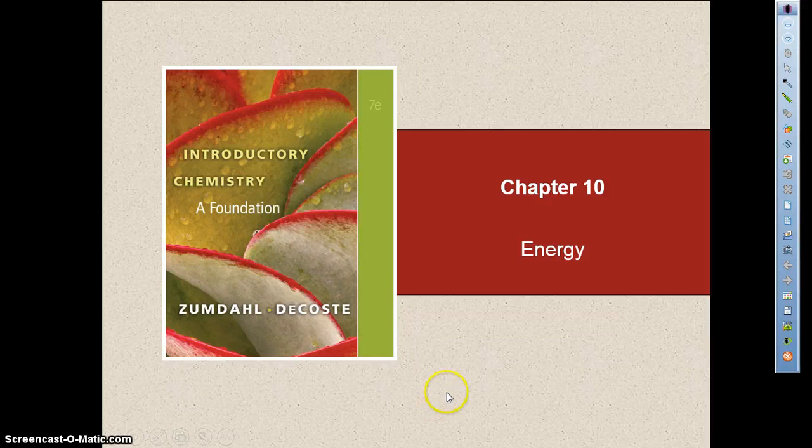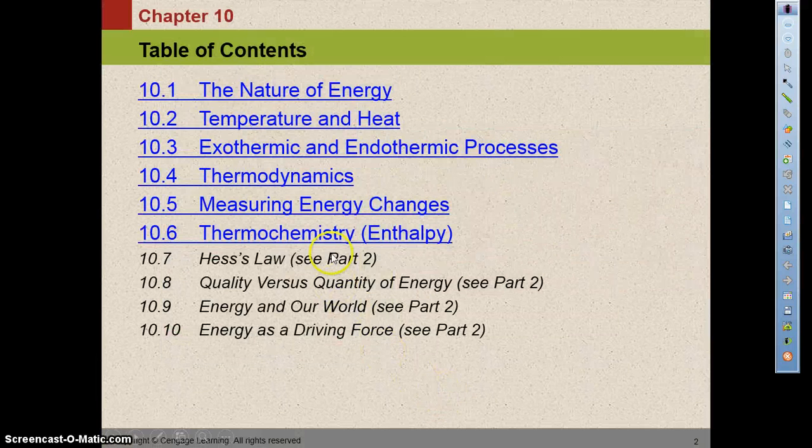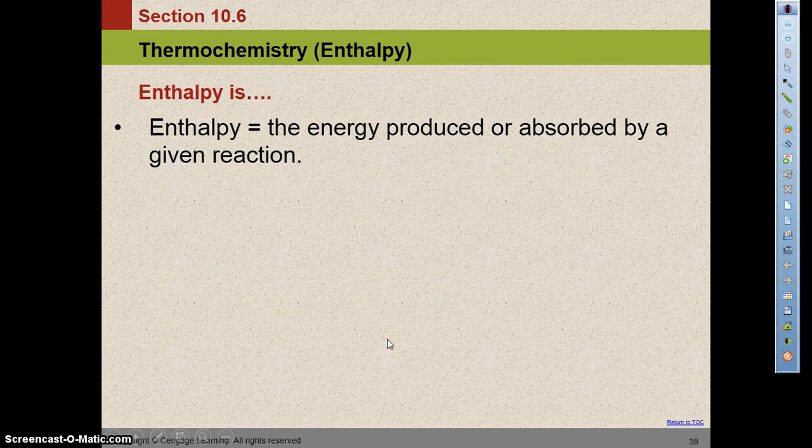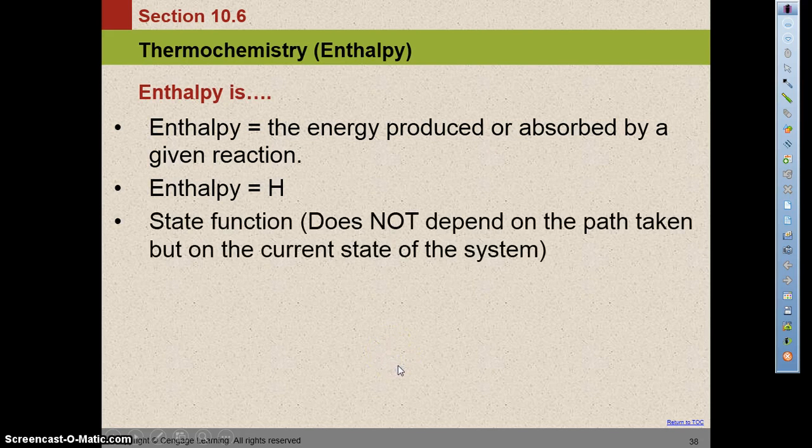Today we're going to be taking a look at section 10.6, which is on thermochemistry in Chemistry 2. And enthalpy by definition is the energy produced or absorbed by a given reaction. And we're going to let enthalpy be represented by the letter H, capital letter H. Remember that enthalpy is a state function, which means it doesn't depend on the path that's taken but the current